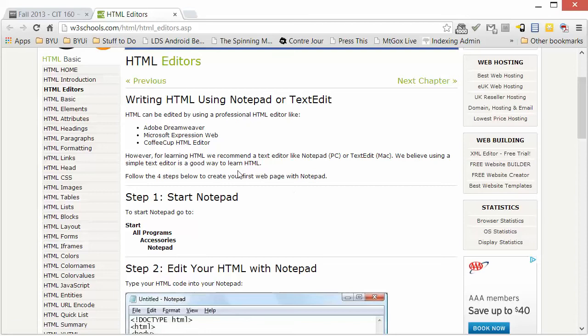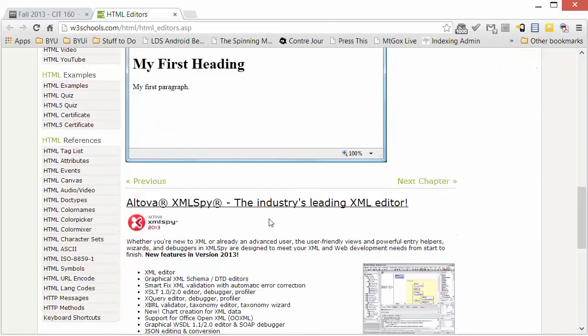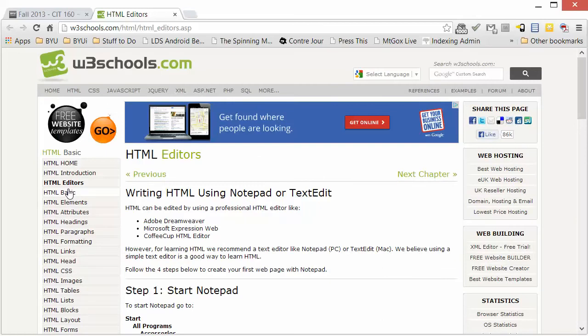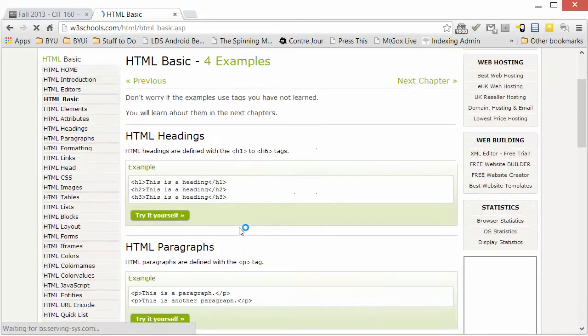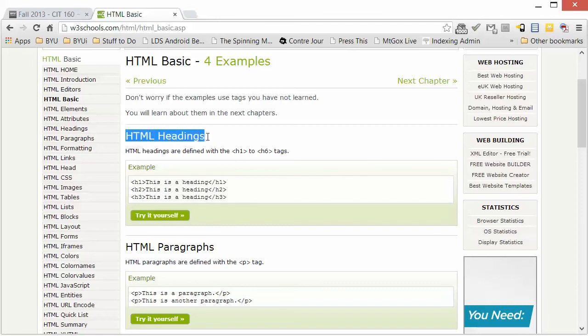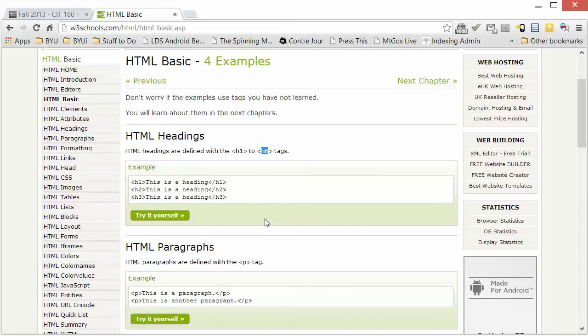So I just wanted to show you one quick aspect of W3 Schools that is kind of neat. If you go into the basics section here, there's this try it yourself section, or this try it yourself button, which is a really neat tool that I encourage you to explore and to understand. In this particular lesson, you're learning about HTML headings, which are delimited by an H1 through an H6. So heading 1, heading 2, heading 3, heading 4 are different levels of headings, similar to the headings that you find inside of